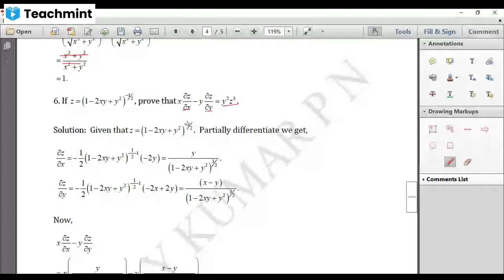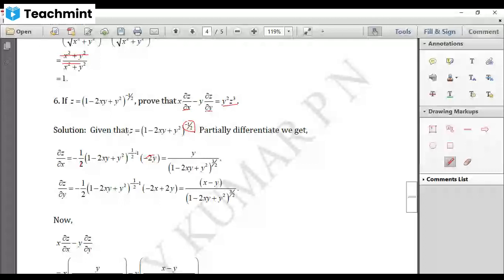Here, minus half is the outside, I mean, power is the outside function. So x to the power of n form. So minus half into 1 minus 2xy plus y square whole to the power of minus half minus 1 into, now leave the power, derivative of 1 is 0, minus 2y is constant, derivative of x is 1, derivative of y square is 0. Simply you'll get this much. Now minus half minus 1 is minus 3 by 2. If you send that one to denominator, 1 by 1 minus 2xy plus y square whole to the power of 3 by 2. 2 gets cancelled, right? Minus into minus becomes plus, y will remain.